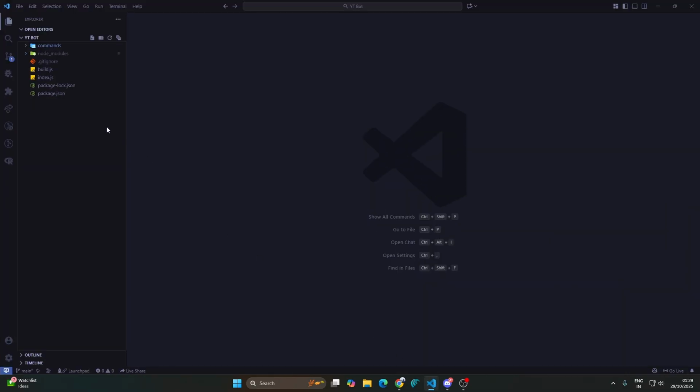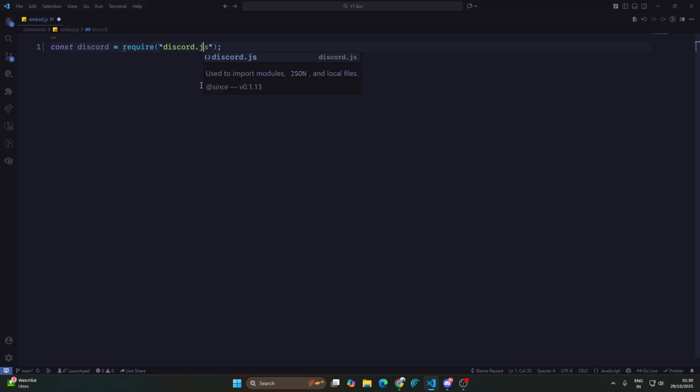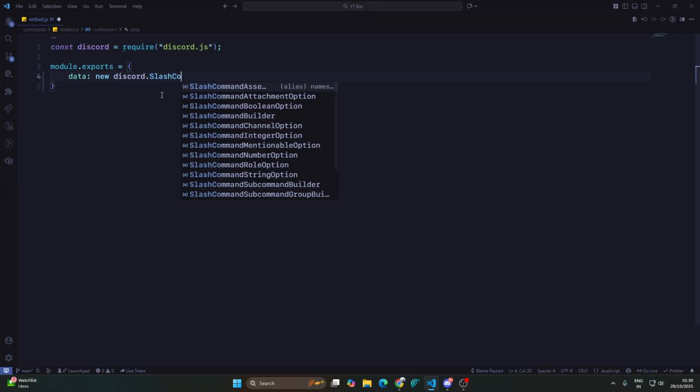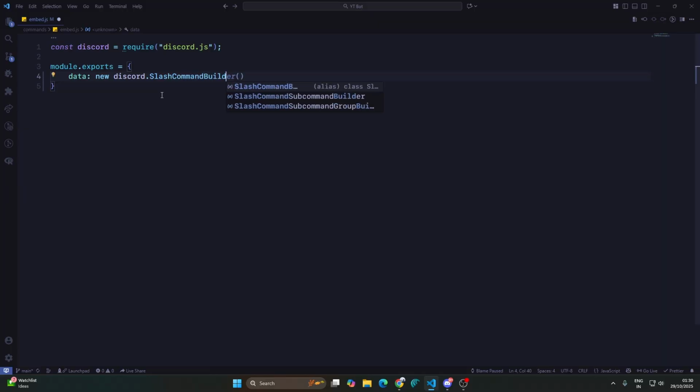I'll open up Visual Studio Code, and in commands I'll create a new file called embed.js. This will be a new command. First we'll import Discord. So const discord equals require discord.js, and then module.exports equals data: new discord.SlashCommandBuilder,